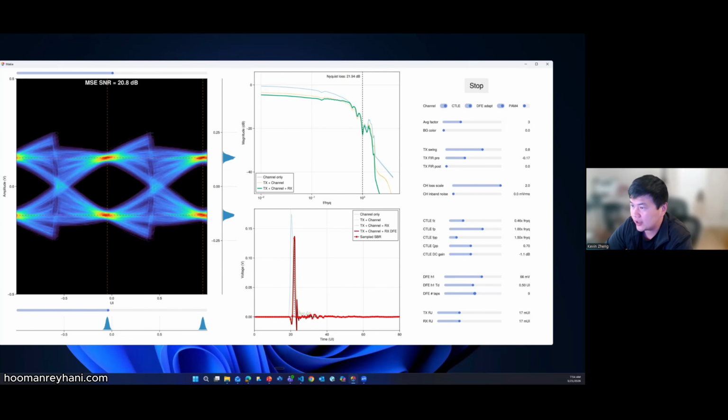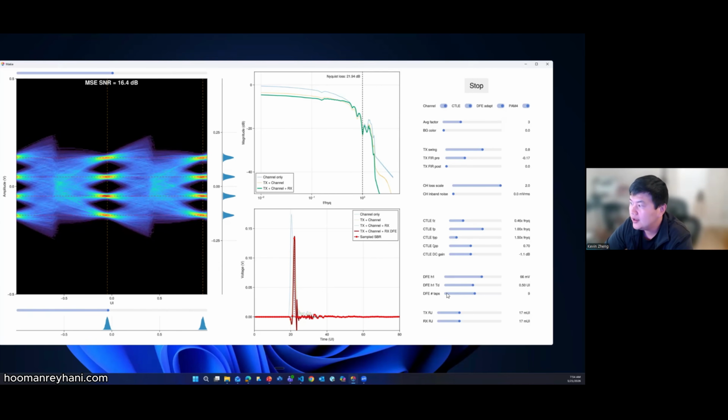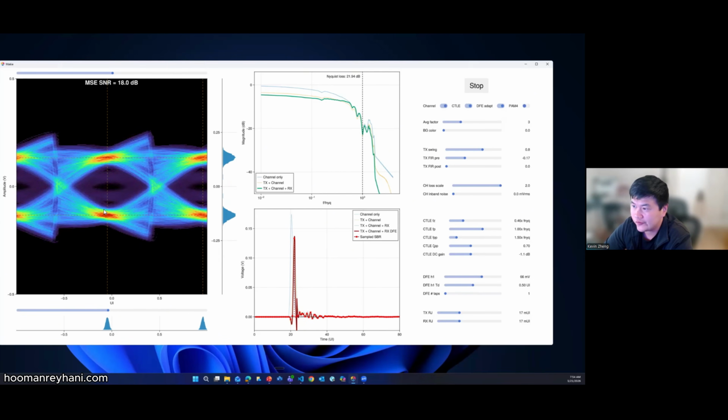And last but not least, what I want to showcase is, this is not what we deal with today. What we deal with today is PAM4, right? In a PAM4 space, we do have another equalizer available, which is FFE. I do not have the widget here, but in the future, I might want to add it. But the idea is the same, right? Now you basically just send 4 levels. But as you can see, when I don't do PAM4, NRZ alone gives me enough margin to not make a bit error. As soon as I go to PAM4,